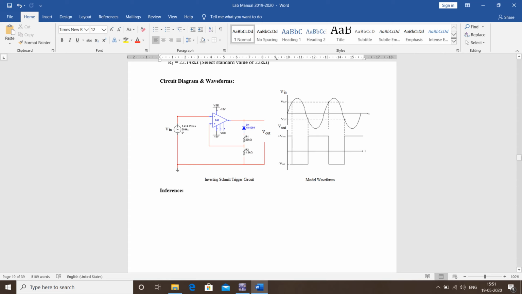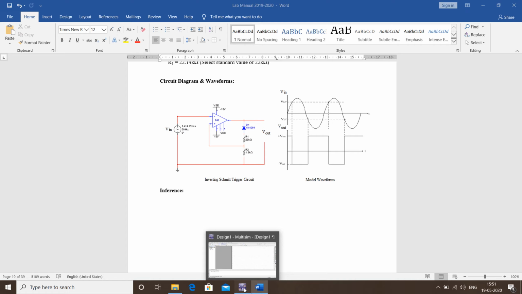Once the design part is complete, we will be drawing this circuit diagram. And since it is in inverting configuration, the input is applied to the inverting terminal. So this circuit we will be rigging up using the Multisim software tool, and then observing the waveforms using the simulation. So in this case, we will go for the Multisim simulation software tool.